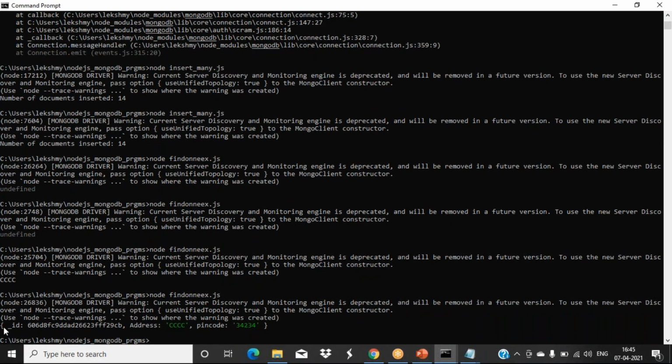See, now I am getting the full thing like this. What is the ID value for that particular document? What are the other properties we have defined there? Address is there, pin code is there. So findOne always refers to the first one only.